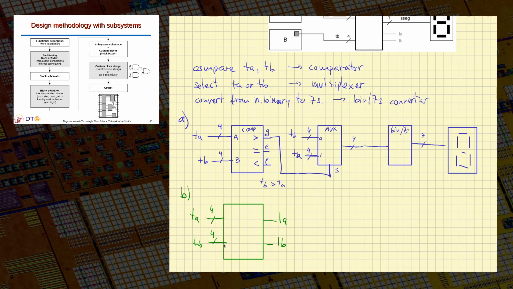But you don't really need to do that because you already have the result of comparing TA and TB. So you don't really need to use the numbers because the comparator has done most of the job for you. So you can think of this problem as calculating LA and LB depending on the result of the comparison. These are only 3 bits, and this is something that you can do as a generic problem. You can solve it with a Karnaugh map because this is only 3 inputs. So we will do it with a Karnaugh map: a 3-input Karnaugh map for LA, another 3-input Karnaugh map for LB. But the main idea is that to complete our problem,